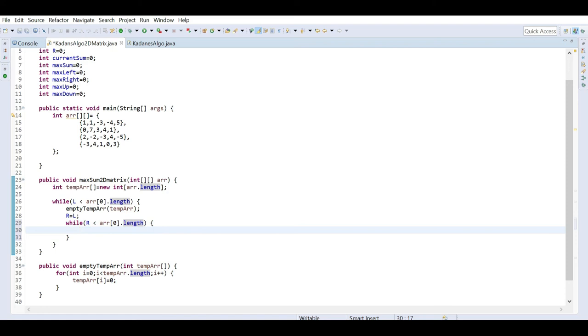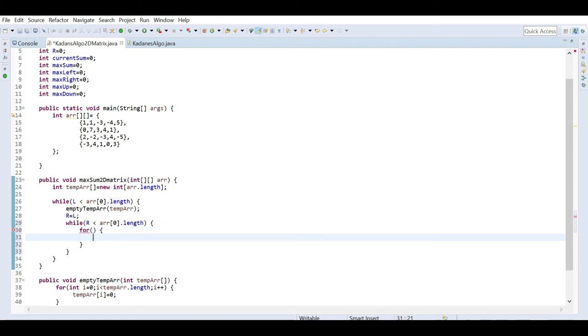And now inside this we have to do the add operations, so we write a for loop here for the summation part, where when I add one column to the previous one, that thing we have to maintain.